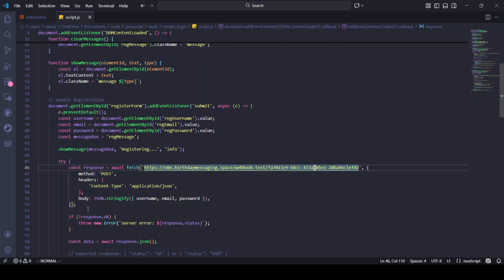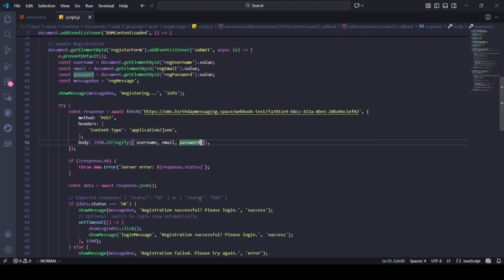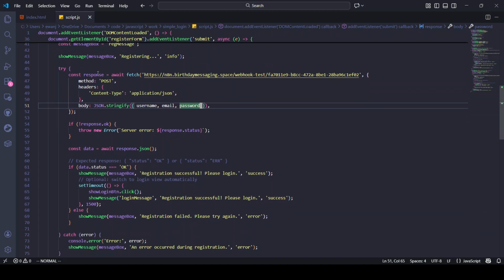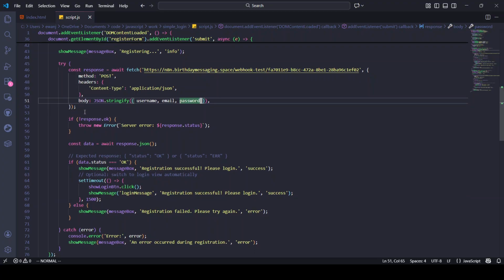and you send a body type so that your N8n can read what it's supposed to do. So here you send in the username, email, and password so that N8n can register you, and then it sends a response. So the response is